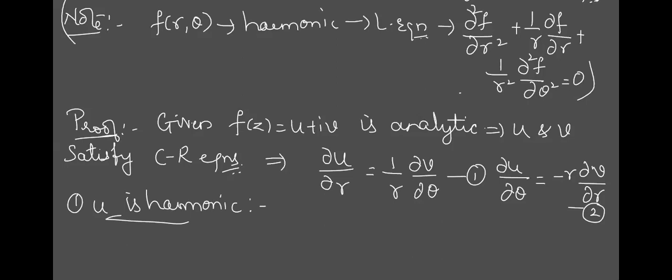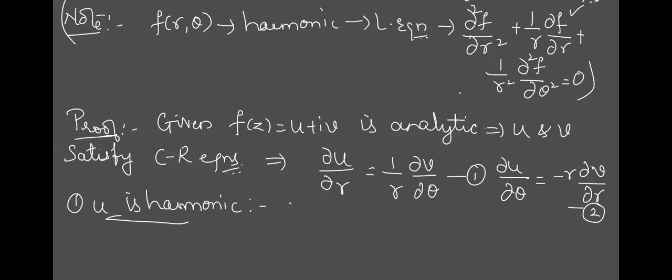Tell me what all is required to prove this. What do I want? I want second order derivatives of u with respect to r and theta. Similarly, I want the first order derivative of u with respect to r. Among this, what is already there? ∂u/∂r, this part is present. What we require is to do it with respect to r and theta, isn't it? Tell me how can I get it with respect to r?